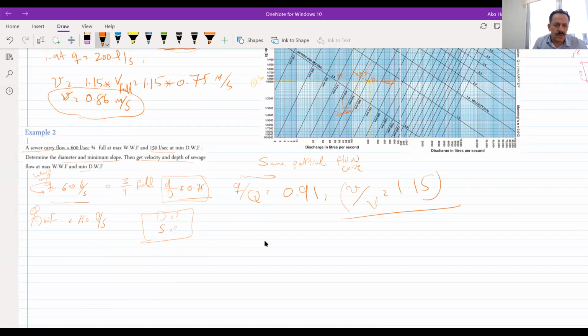Therefore, the q over capital Q was 0.90. 90 exactly, or 9 something? 0.92. 92, okay. Now, this is the q over capital Q. It asks us to find this one.